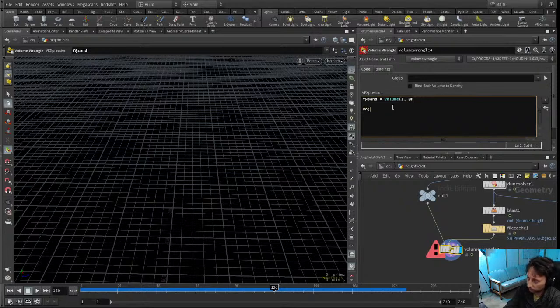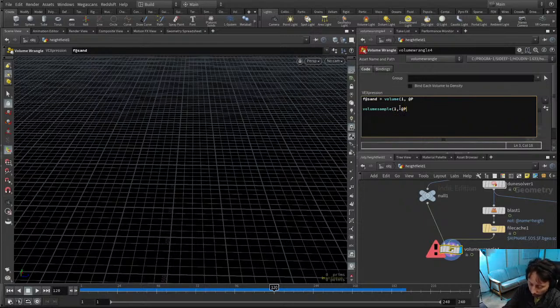Volume. Returns the volume, yeah, variable containing P. Oh, actually, yeah, that's what we want. We want volume sample. That's why it's confused. Yeah, volume sample. And so we want it from geometry 1, which is this second input down there. Primitive number, we can also use the volume name. So we're going to do height and then vector position. Yeah, there we go. 1,